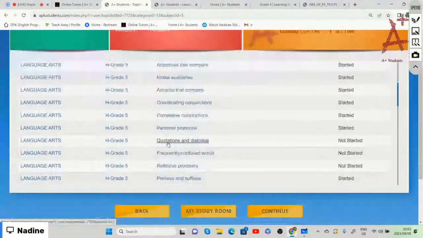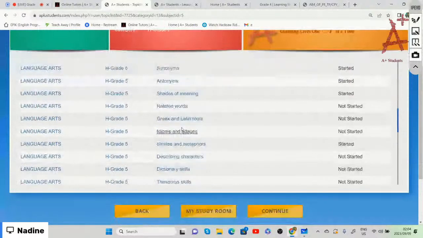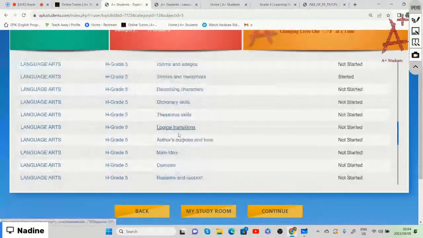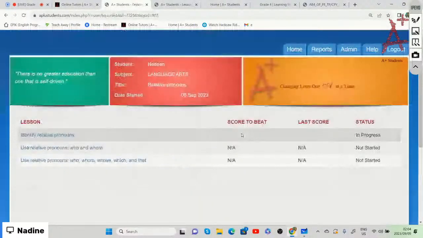So we're going to choose relative pronouns when we go to aplusstudents.ca, and we choose grade 5 relative pronouns. All right, so once we have selected this chapter of relative pronouns,